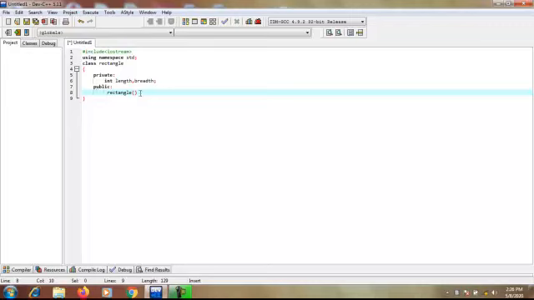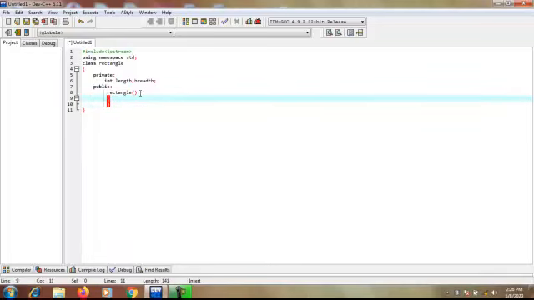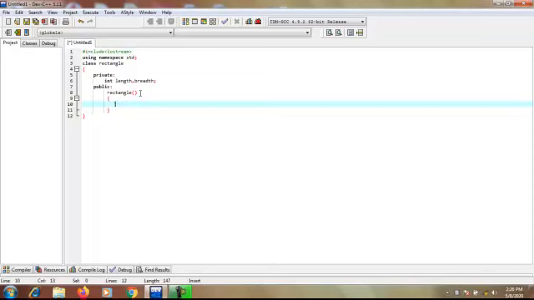Okay, here I give some values which are declared by default, and the value 0 is initialized to the data members. So length equals 0, semicolon, then breadth equals 0.